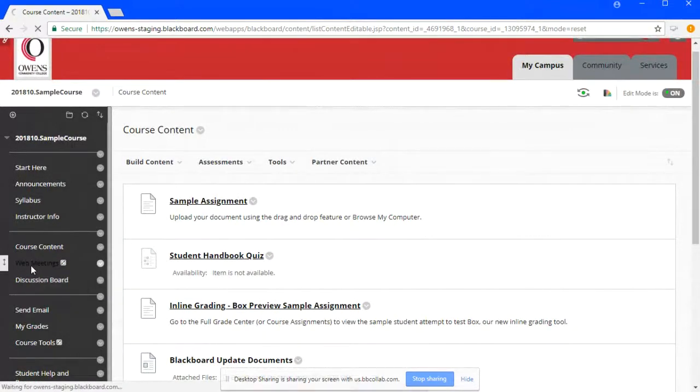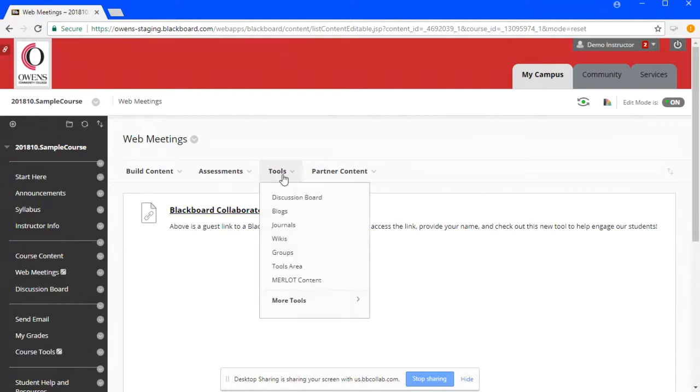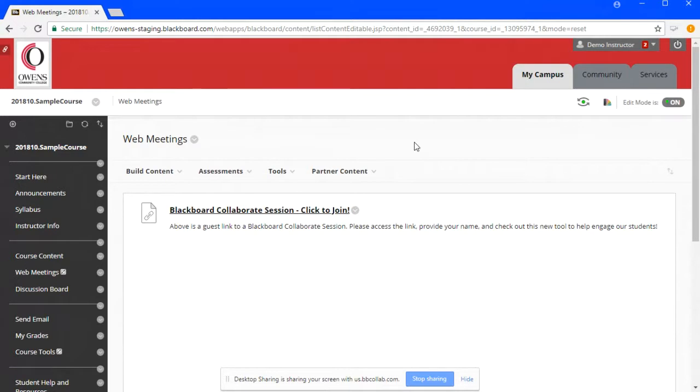Moving forward, I will show you our web meetings area. In order to get a web meeting started using Collaborate after May 9th this summer, you would go to Tools and More Tools and click on Blackboard Collaborate Ultra. Once again, I will do a few trainings on this coming up in May and in June, so there's more to come on that.